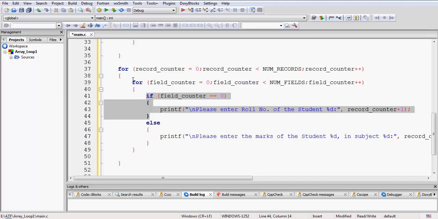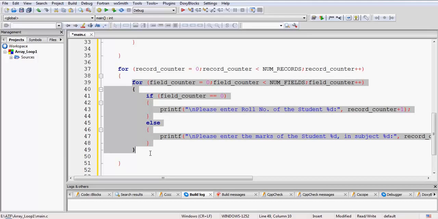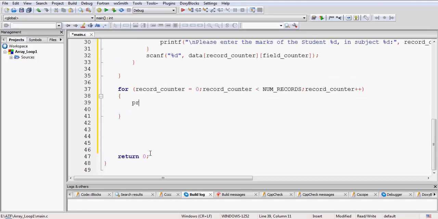Okay, so what we can do is, instead of having two loops for printing out the numbers, subjects, we can use a single loop also. But in that case you will have to print all the subject marks in a single printf statement. Okay, so how that can be done, let us see. You will just write a printf statement, and inside this printf statement you can give the headings at the beginning. Okay, so we can write like this: roll number,